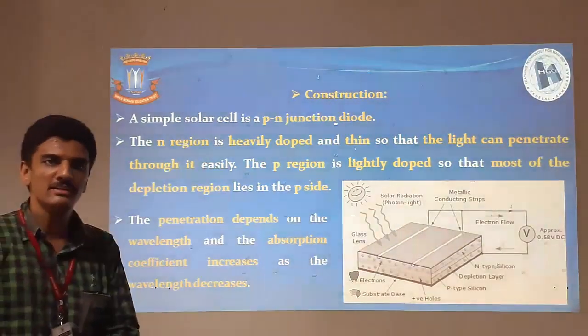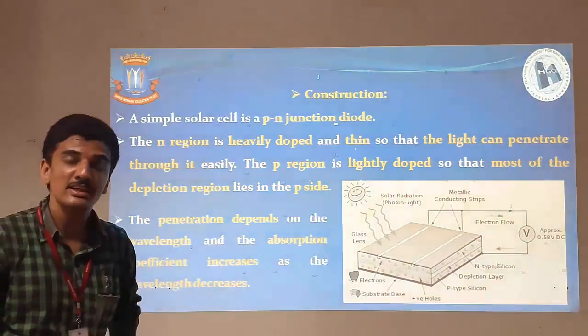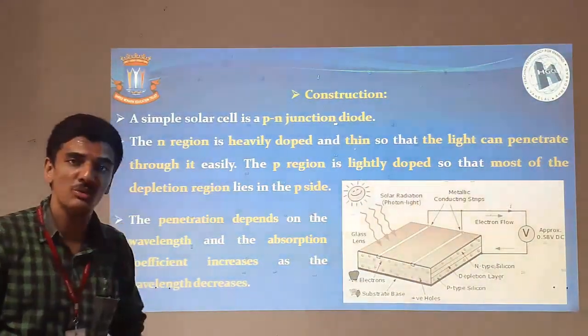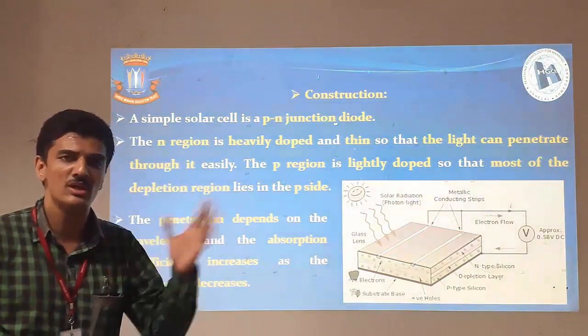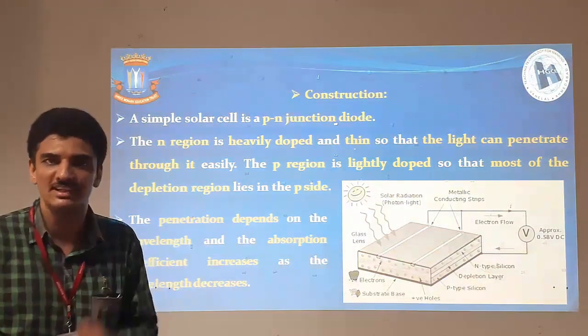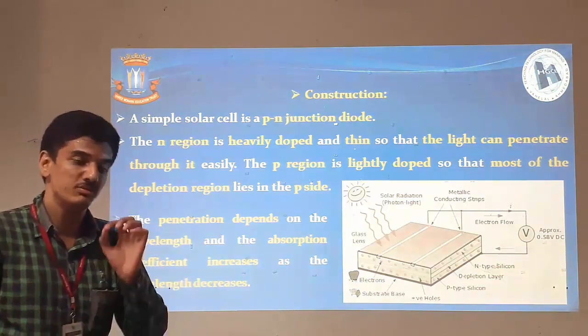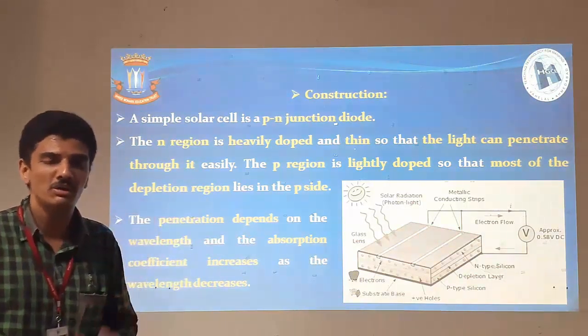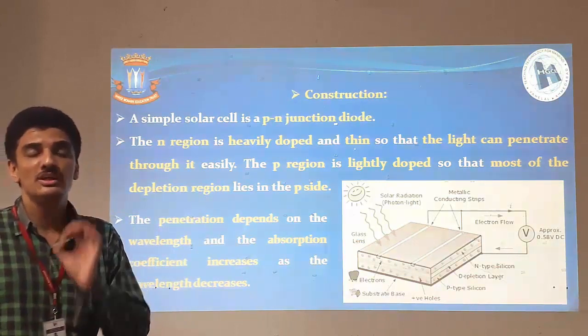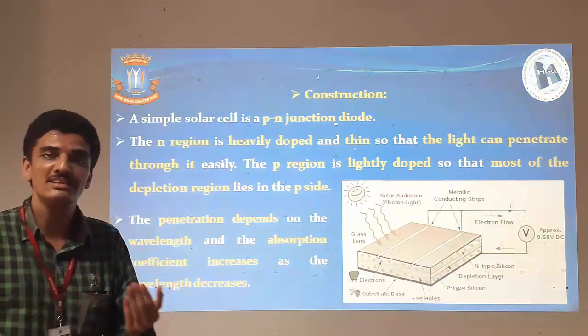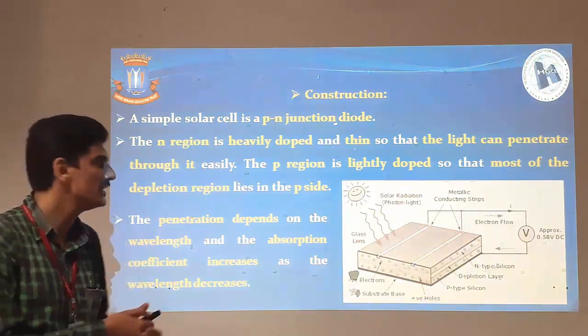Now, we will look at the construction of solar cell. In this particular video, we are going to see three major things. One we have already seen, that is the principle of solar cell on which these devices are working. So that was the photovoltaic effect. Now our target is to determine the solar cell construction. So what are the different areas?